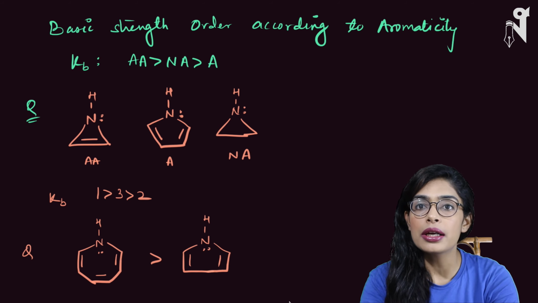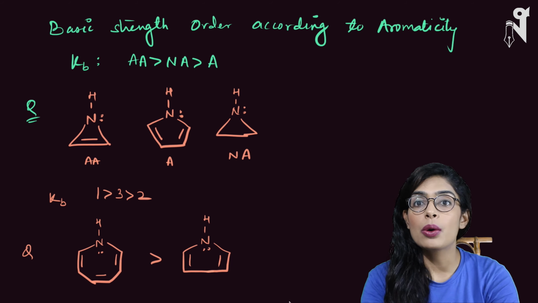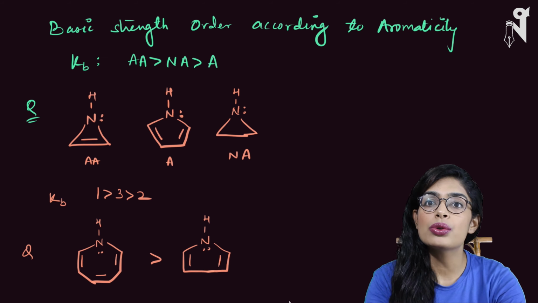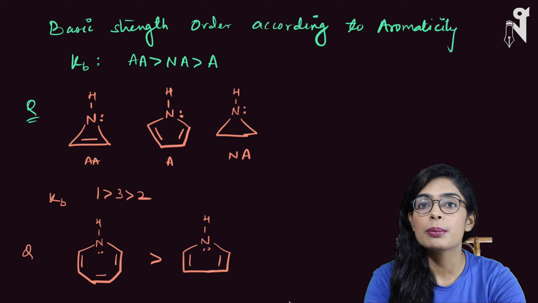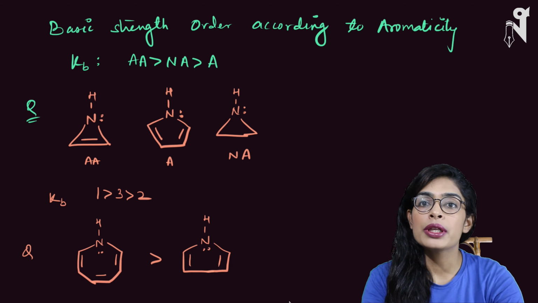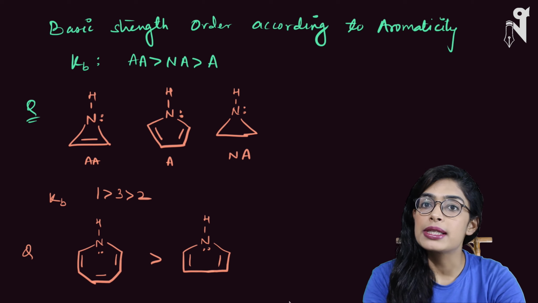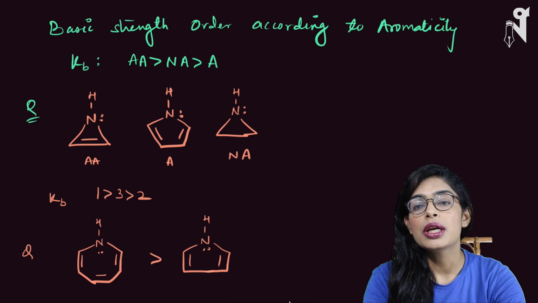So we had just started, and I had told you we will be dealing with the nitrogenous bases, among which I had spoken about the aliphatic amines in the last class, and I had told you how exactly to figure out the basic strength order when different aliphatic amines have been given. So I had spoken in terms of the degree of the aliphatic amines. The order should be secondary, tertiary, and primary. And I also told you the exception of secondary, primary, tertiary.